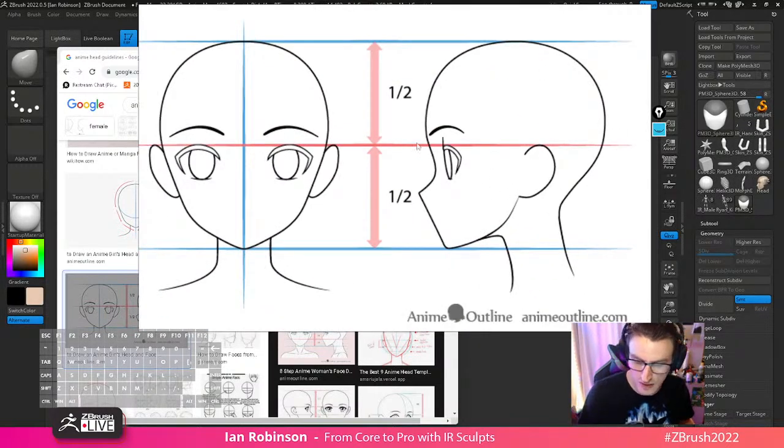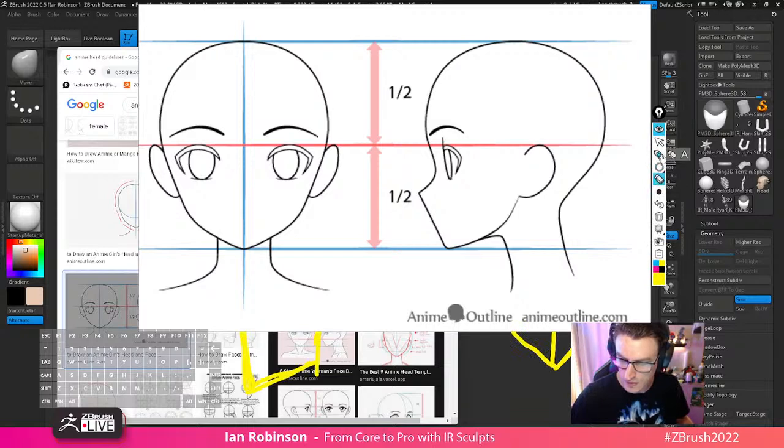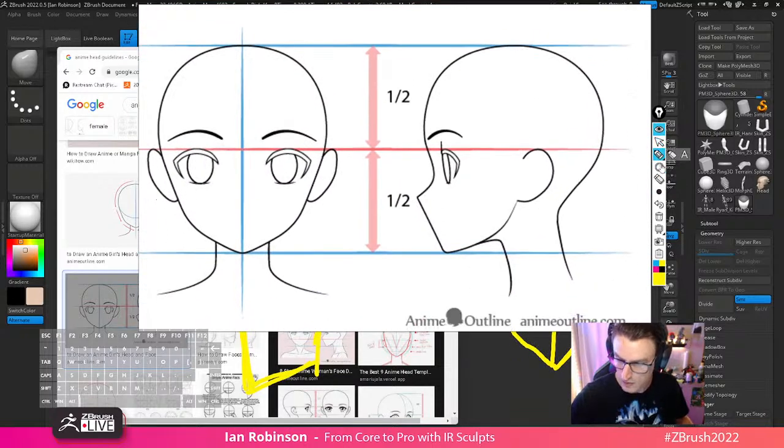So the majority of the face is in the first half of that, and then you have to kind of, here's that sphere, and then everything else is just on this half of the face. So if you think about it in quadrants,